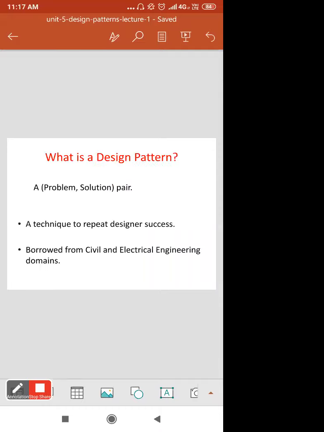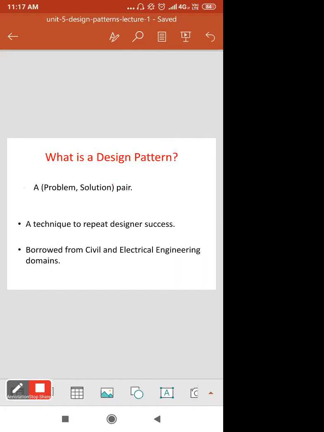For that purpose, these design patterns are used. These generalized patterns act as templates that can be applied to real world problems.